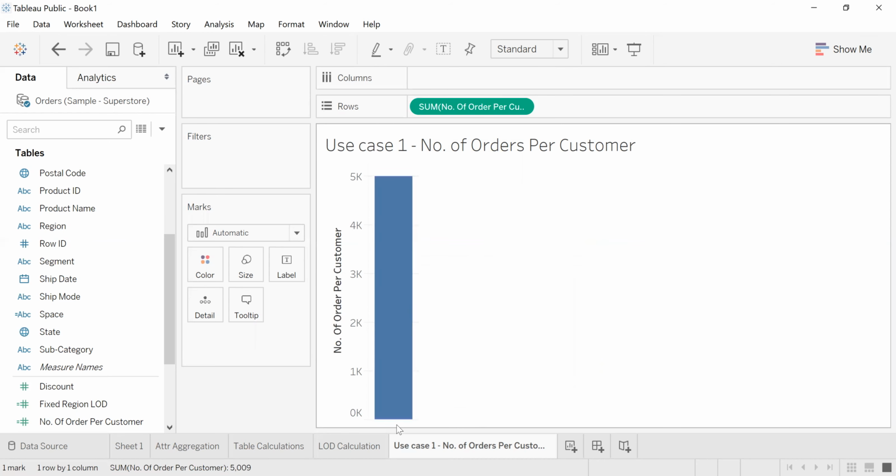But I want this to be shown as a value here. I don't want this to be shown as a total value. I want to show each and every value, the number of orders per customer, right?